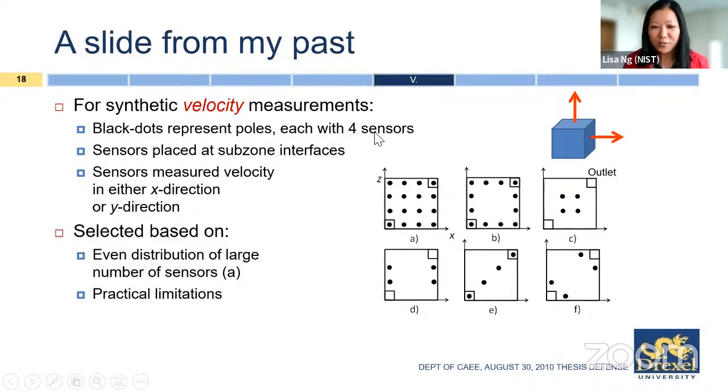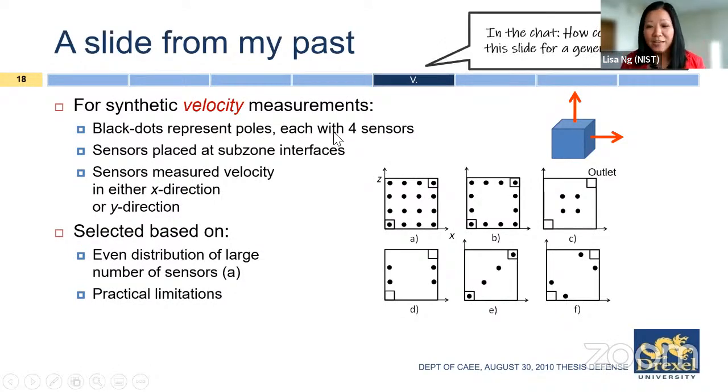Now you're wondering, why am I showing you this slide? I'm showing you this slide because I would like you to see if you can help me make this slide more general for audiences who may not be on my thesis committee or who may not understand sensors or sensor placement. So this one might be a little difficult, but I'm going to challenge you all. You all did such great work in the last 2 exercises. Even if it's just visual, well, how can I make this slide better? You could say fewer words, more pictures, split it up into several slides. How do you think you would have understood what I just said? How would I be able to present that better on screen?